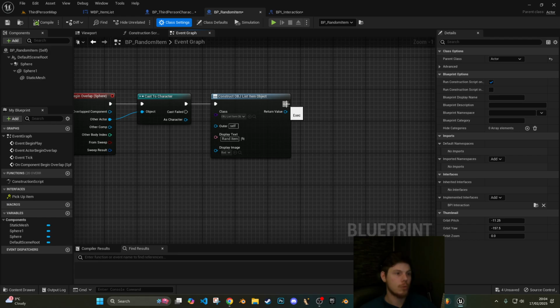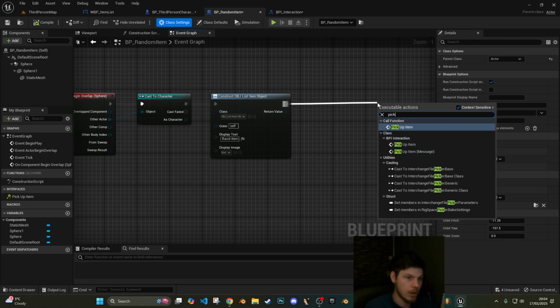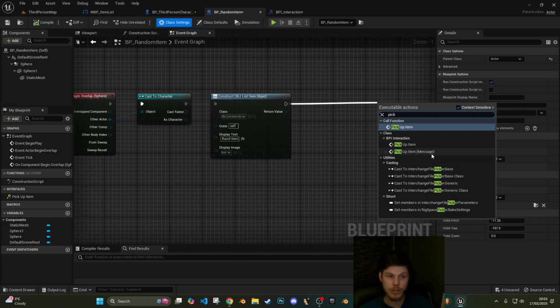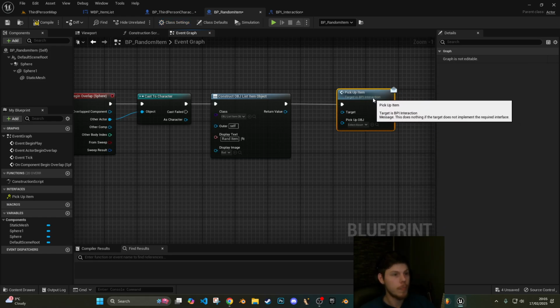Okay, so what we're going to do is we're going to drag off here, and we're going to say pick up. And you can see here, I'm pointing with my finger, but you can see here under the class BPI interactions, do we want to do this pickup item event, or do we want to send a message to say, hey, anybody that implements this BPI as an event, do this thing. So we're going to do the message, we're going to send a message, and